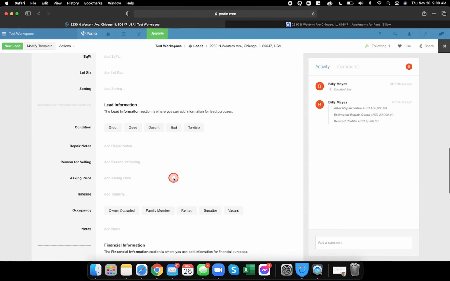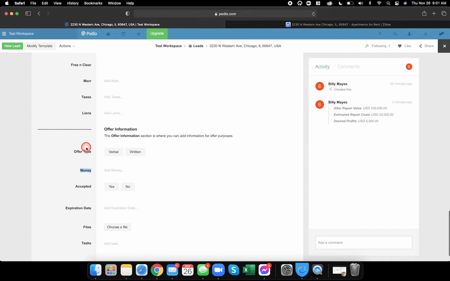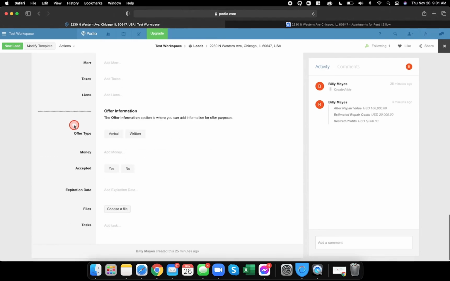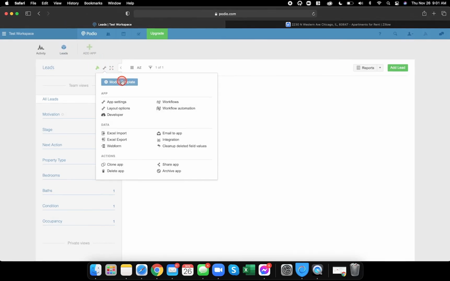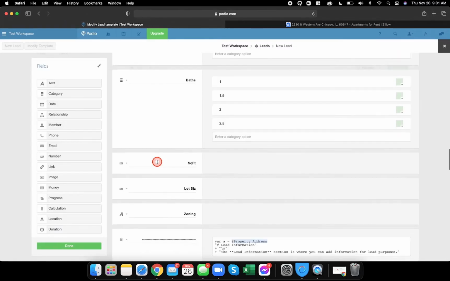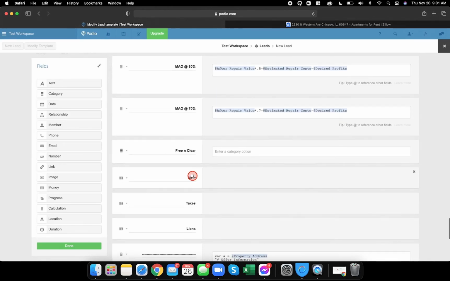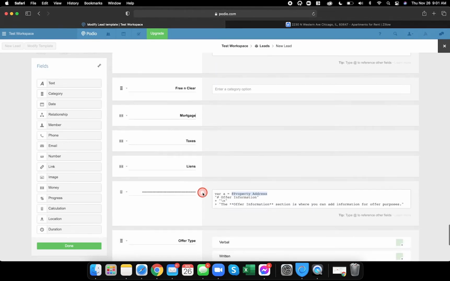All right. So if we scroll down, you got our offer information, right? We got offer type. I don't know why this didn't save again, so I'll have to go back and resave that. And same with this. It's strange. I'm not sure what's going on. But yeah, it looks like everything's working. All right, so what was just messed up? Mortgage and